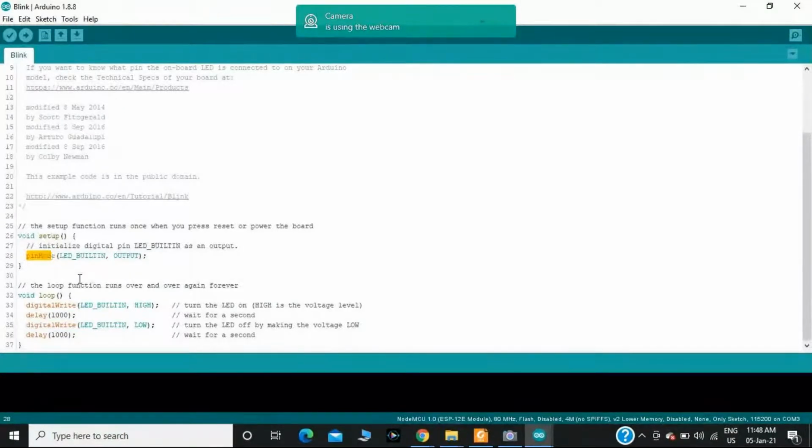In pinMode, I should give the variable LED_BUILTIN and whether it is input or output, because in my case I am sending an instruction from a microcontroller to the LED. You will have the inbuilt LED available inside the Node MCU.